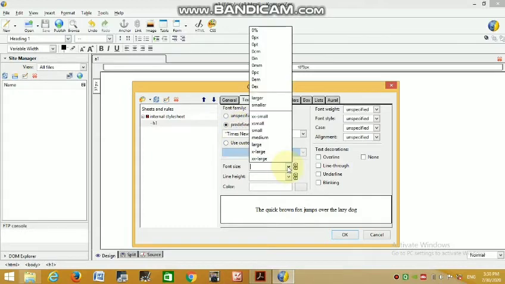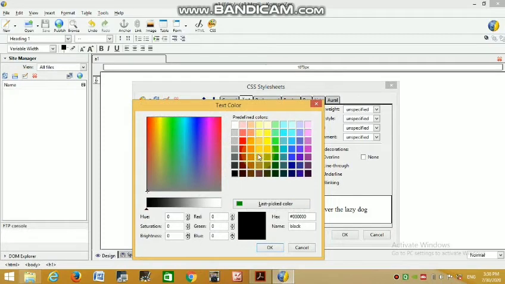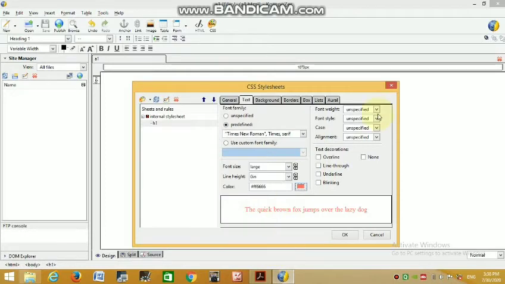You can select font size, large, XL, medium, line height, pc, inch, and color, the font color, you can select here. For example, I select red color. Next is font weight. If you want bold, click on this.